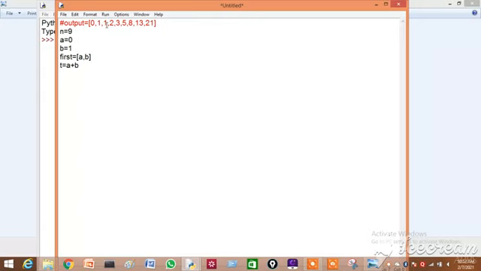Then that 1 is added with the next element, so the swapping should happen. For adding you need 2 numbers, and the first number you got by adding the previous numbers. You have to swap it: a is equal to b, then b is equal to t. This is how you should do the swapping.